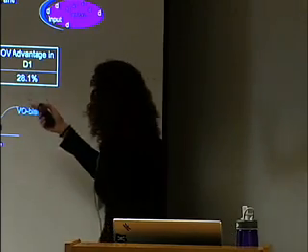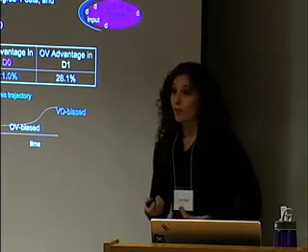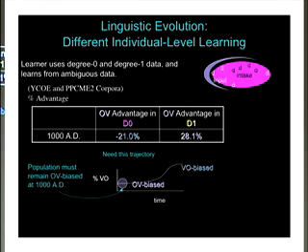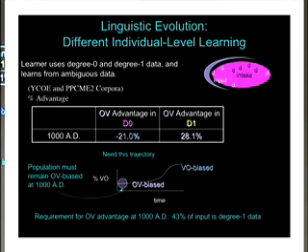If we zoom in on 1000 AD, you have a bias in the degree 0 distribution that's very strongly verb-object. It's negative OV. And in degree 1, it's strongly object-verb. To maintain an object-verb bias for the next 150 years, you need an intake distribution that's object-verb biased. So how much degree 1 data do you need to make this object-verb bias? The answer is quite a lot, 43%. You need almost half of it to be degree 1 data in order to have an object-verb bias in your intake for your learners.